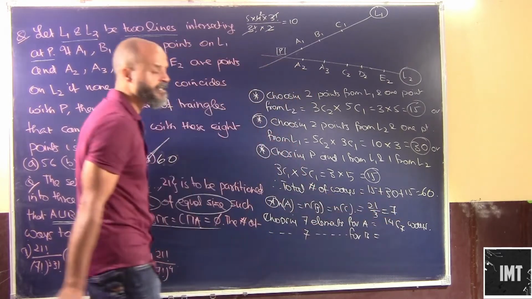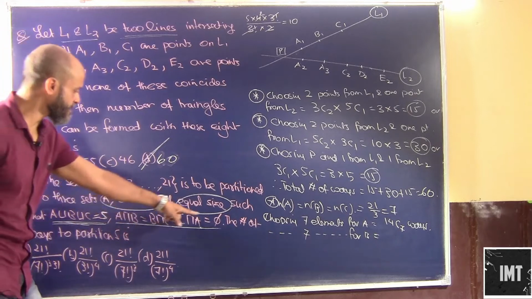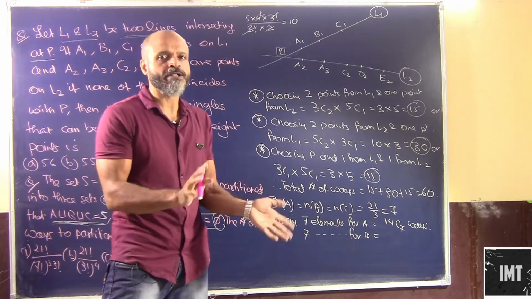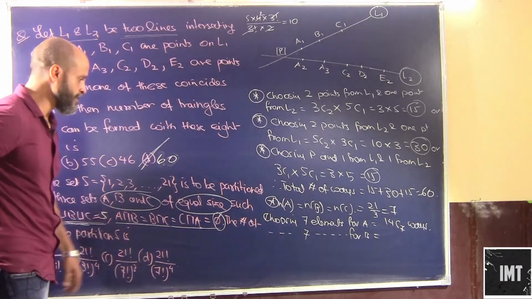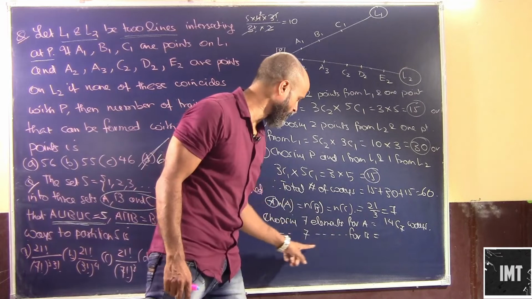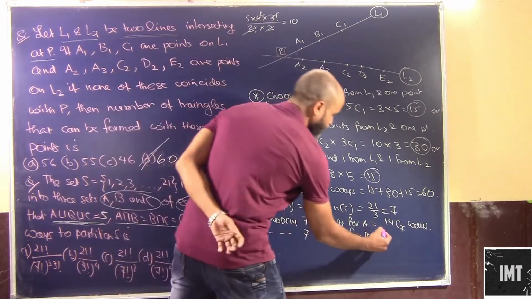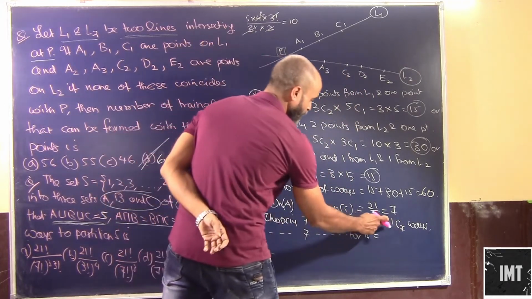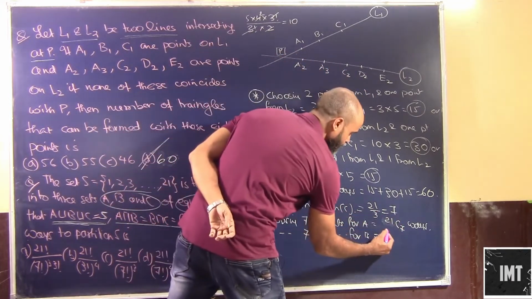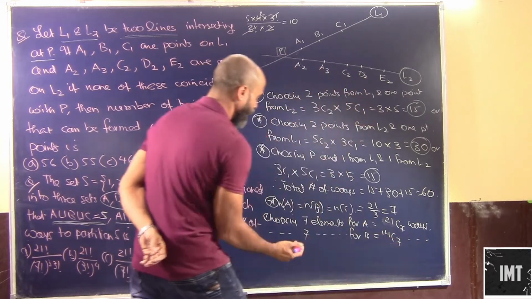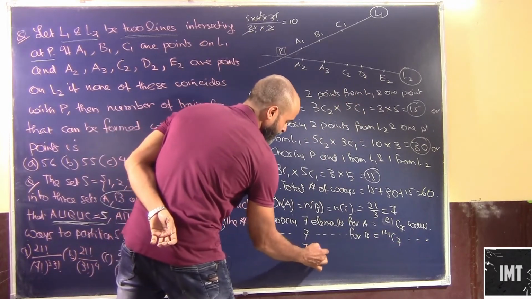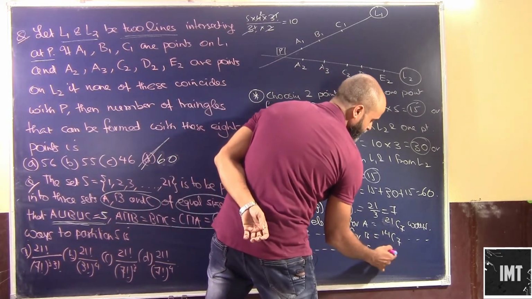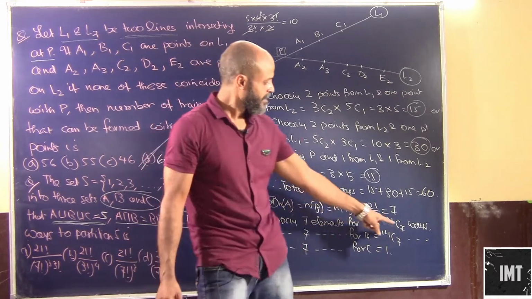Now once 7 elements have been chosen for A, since these sets are basically disjoint, they will have no common elements at all. So there is no question of any common elements out here. So once 7 elements have been chosen for A, the 7 elements for B can be chosen in, or rather, this will be 21C7, I'm so sorry. From 21 elements we will be choosing 7. For this one we will be having 14C7 ways. And obviously the remaining 7 will be for C. So there is just one way in which this can happen.